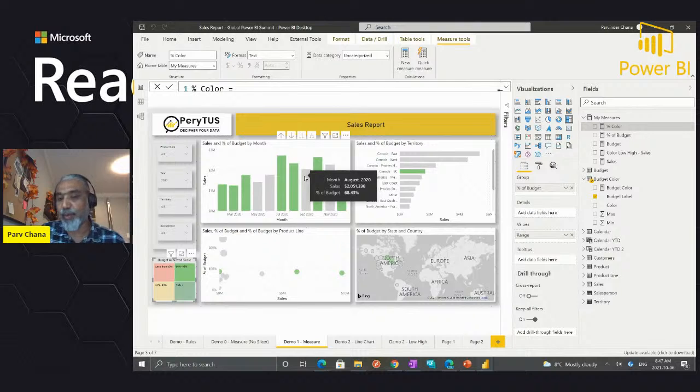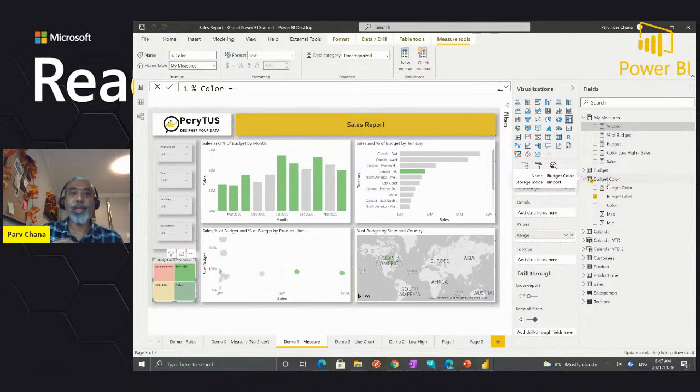I never need to open my Power BI report. I just need to go back to where I'm maintaining my budget color table and make the changes in that, whatever I want it to be. And within 5 minutes or less, depending on where you make the change, let's say it's an Excel file sitting on SharePoint, you just make a change, go to Power BI service, refresh your dataset, and the changes are immediately available. As easy and as fast as it can be.